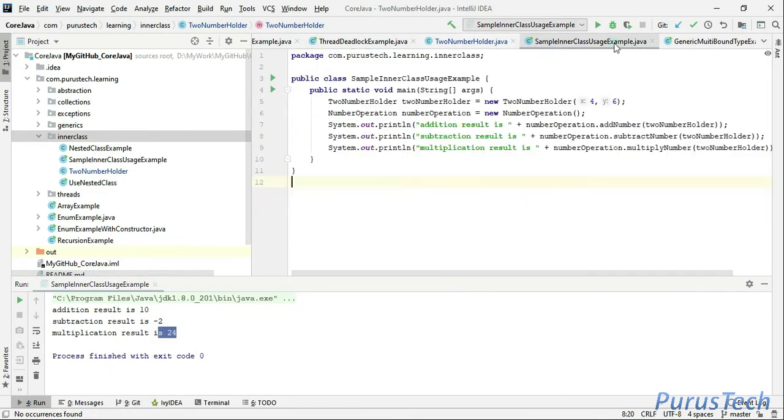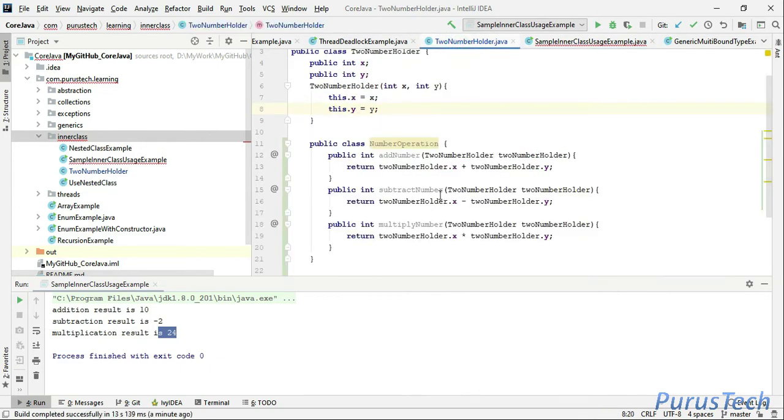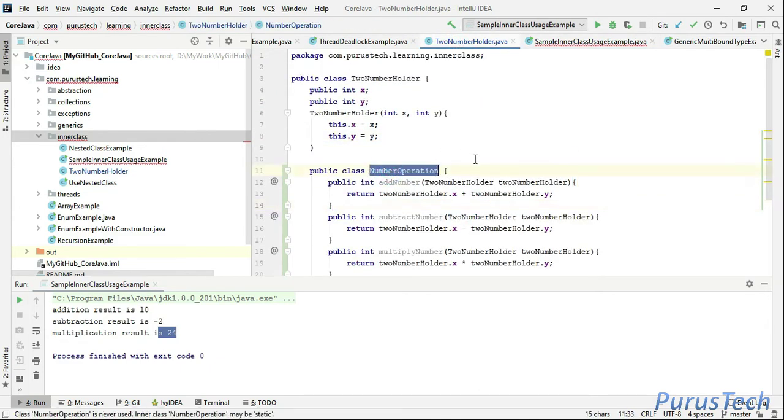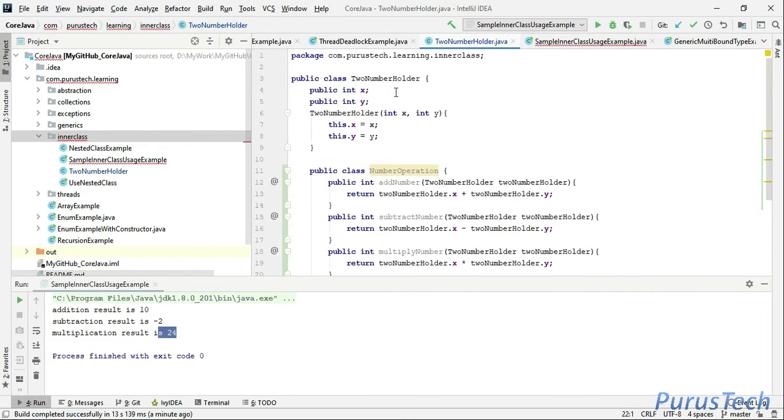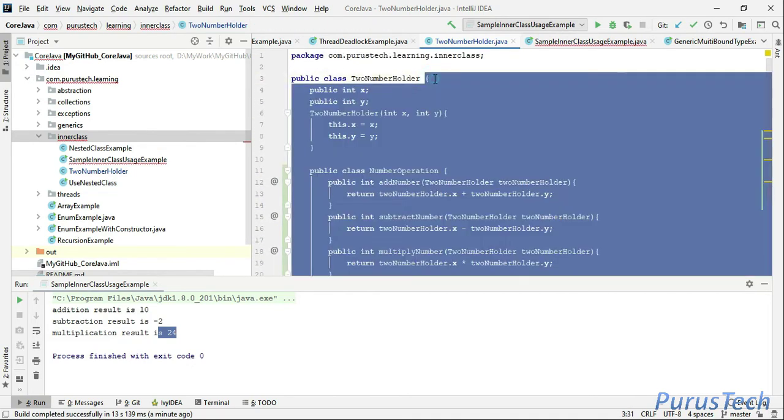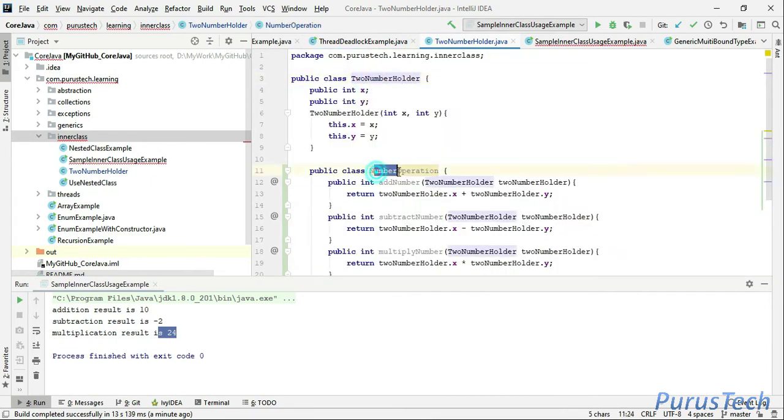Okay. Now as you will see here, it is complaining about the number operation class. So how can we use this inner class? Why are we calling this an inner class? Because we have kept it inside one more class, that is toNumberHolder. So this is the outer class and this is the inner class.